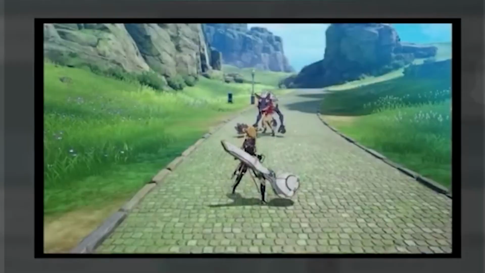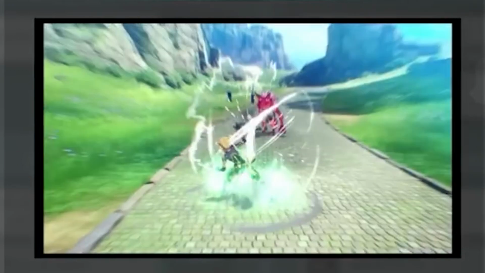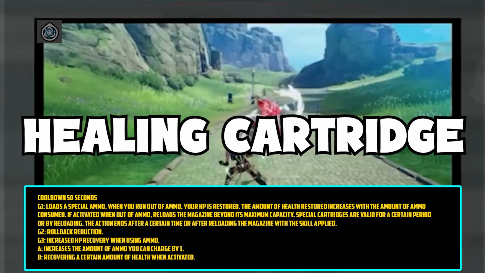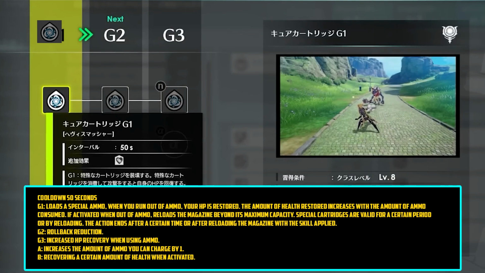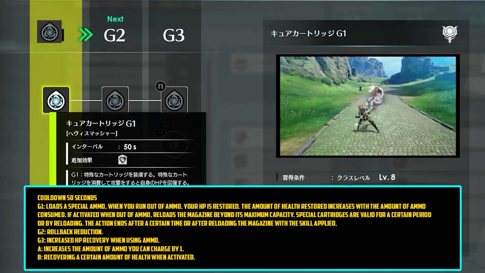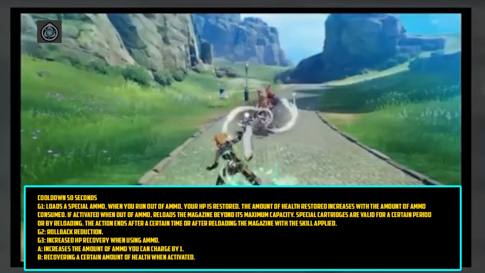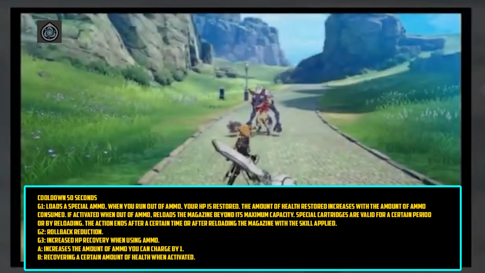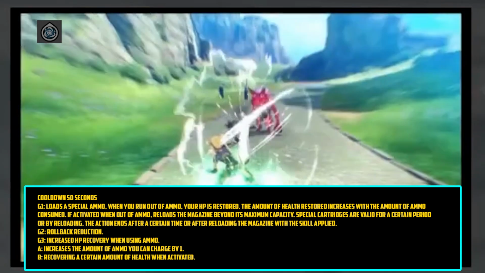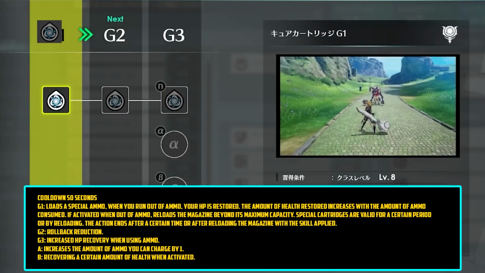elemental damage. Now, like I said, the Fallbreaker has its own self-sustain, and this comes in the form of healing cartridge. The base version of this skill loads a special ammo cartridge into your mag that is valid for a certain amount of time, and when you run out of ammo, your HP is restored. And it gets even better because if you reload when completely out of ammo using this special mag, this will overflow your magazine. The first upgrade is a rollback reduction, and the second upgrade is an increase in the amount